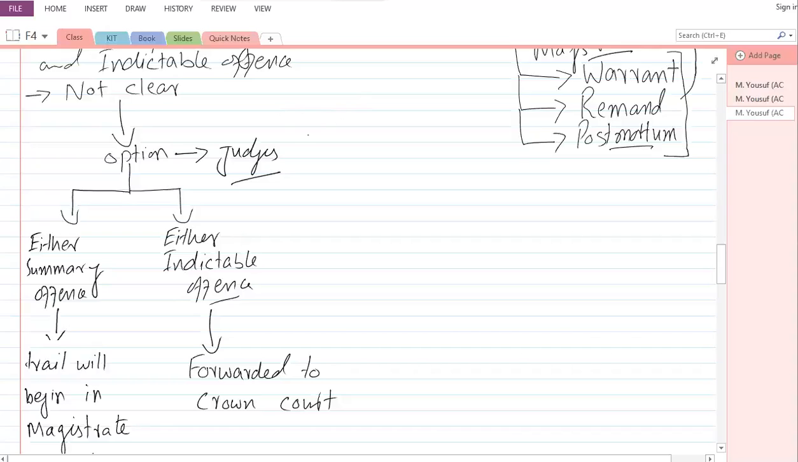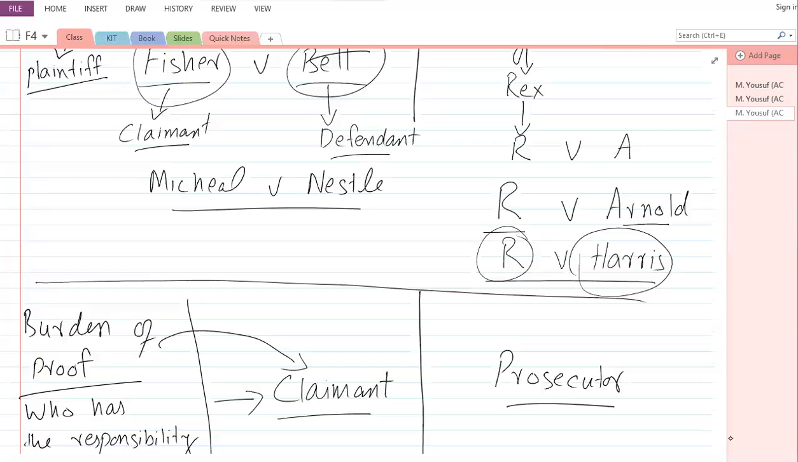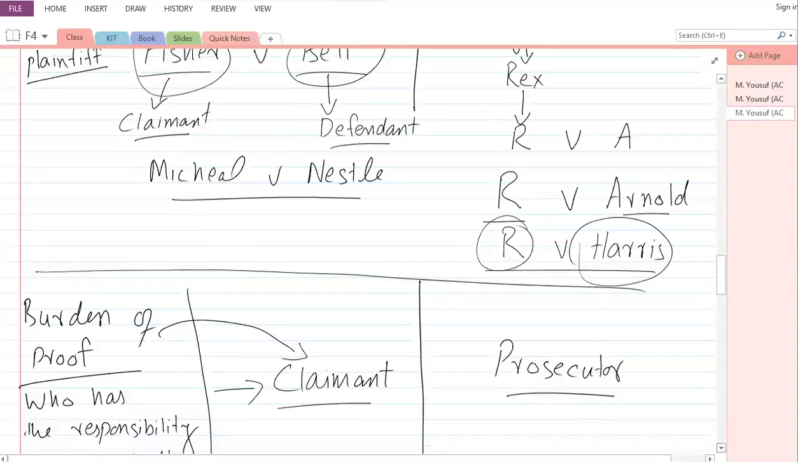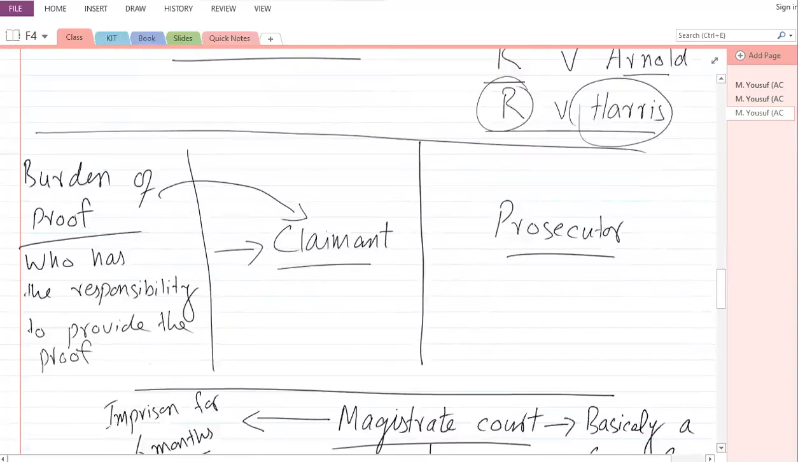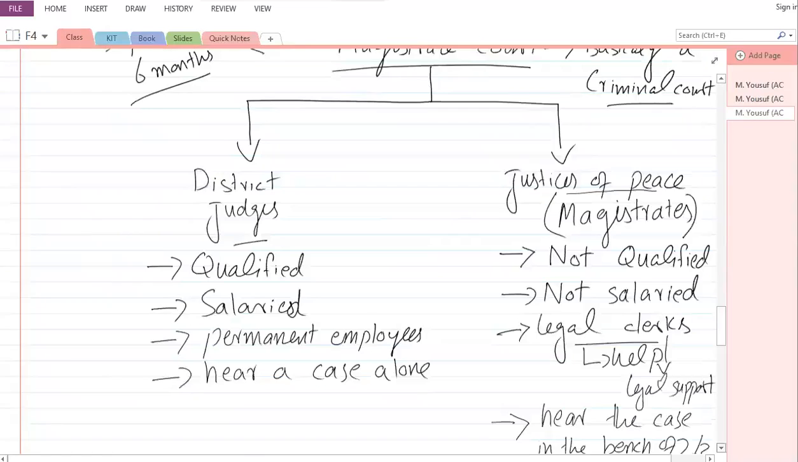Why is it not working? There is some problem with... okay. Now it started working. So